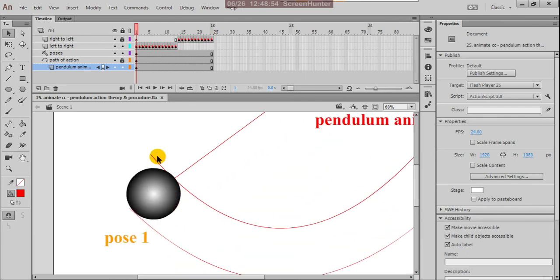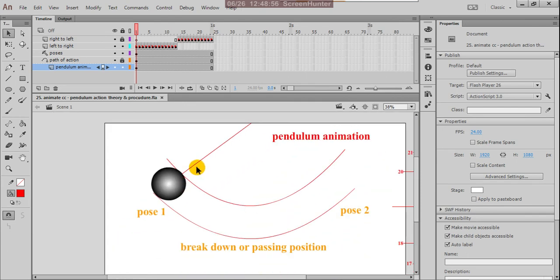After finalizing your pendulum action, we have to add some string, like some thread. If you connect the thread to the pendulum, the pendulum is swinging continuously left to right and right to left. So how can the string behave along with your main pendulum? Your string can also move.